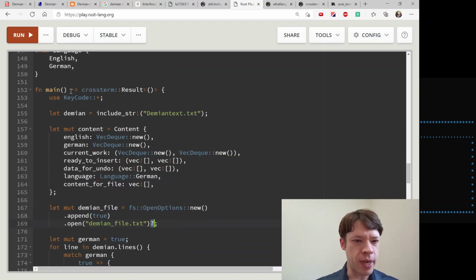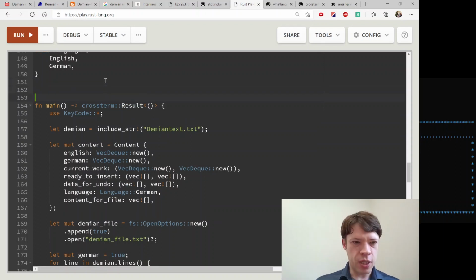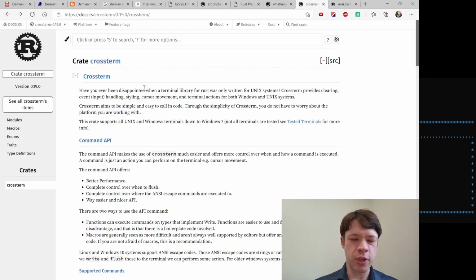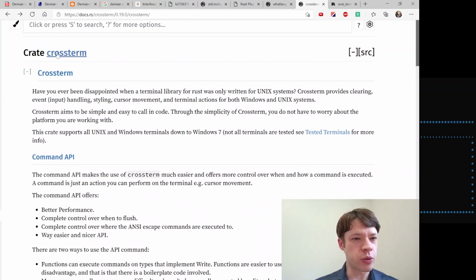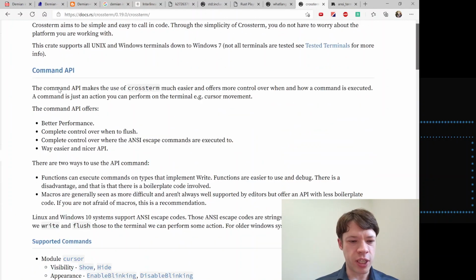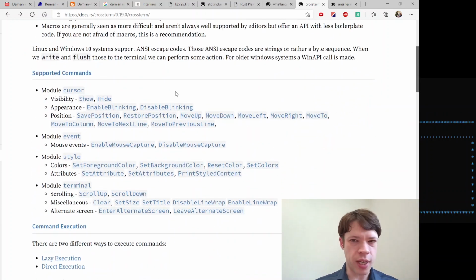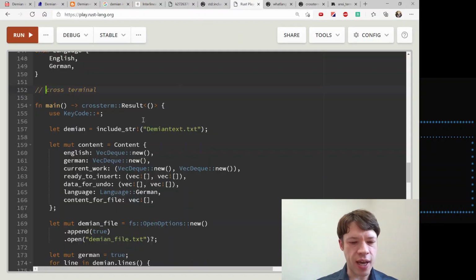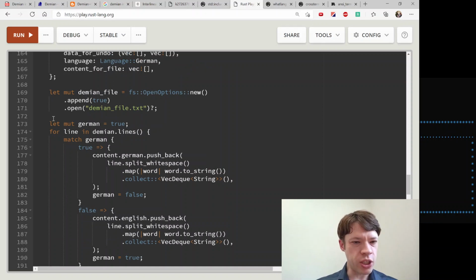And you can see in main we're returning a crossterm result, and crossterm is something I use a lot of the time. It's like a cross terminal, and it's called crossterm because it works not just in Unix but also Windows, and I use Windows, so I've found crossterm to be really useful. The reason I use it here is for matching against keyboard input, which is events. There's key events, and we're going to see that in a second.